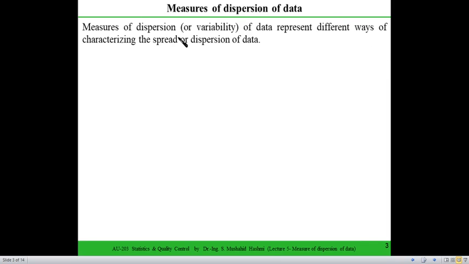So the measures of dispersion or variability represent how your data has been spread, and most of the time we are interested in how it is spread about a mean. For example, if we are packaging any food product, let's say the package weight is,